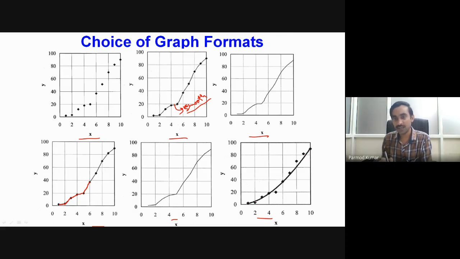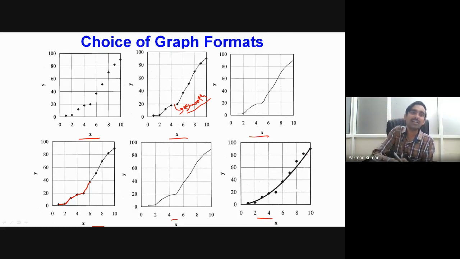of the method of least squares. We have taken the closest fit, and around this closest fit, our actual observations are scattered. Okay. So different types of formats can be there to represent our experimental data.